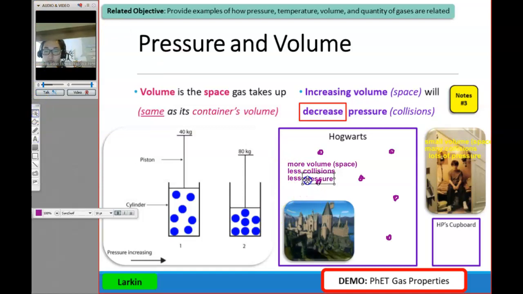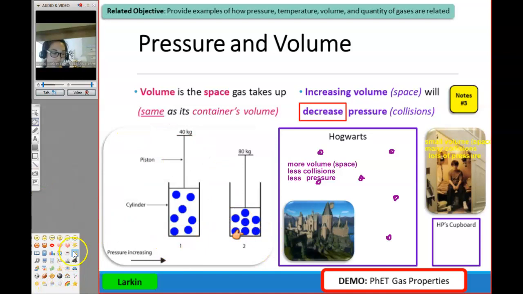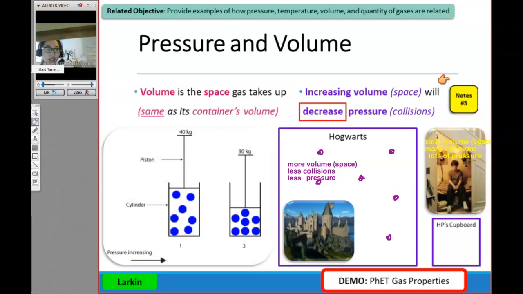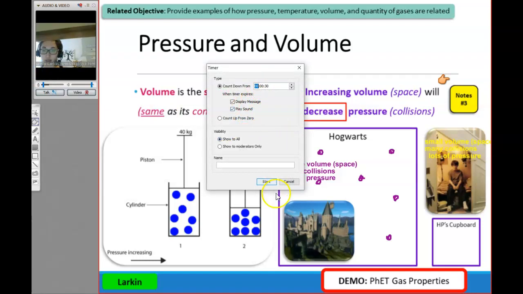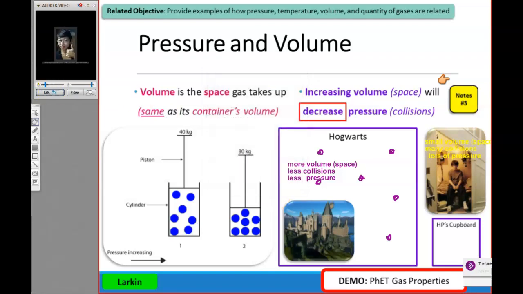Okay, so you can see a picture of that over here as well, right? So these ones are going to collide less in the bigger space, collide more in the smaller space. Go ahead and give me a house if you understand. House if you understand. Looking good. This is number 3 in your notes. Please fill in the blank with the word decrease and only the word decrease. You have 30 seconds. Go, go, go. Looking good.